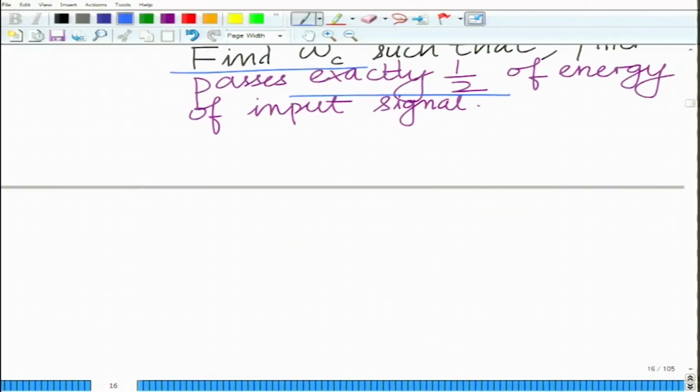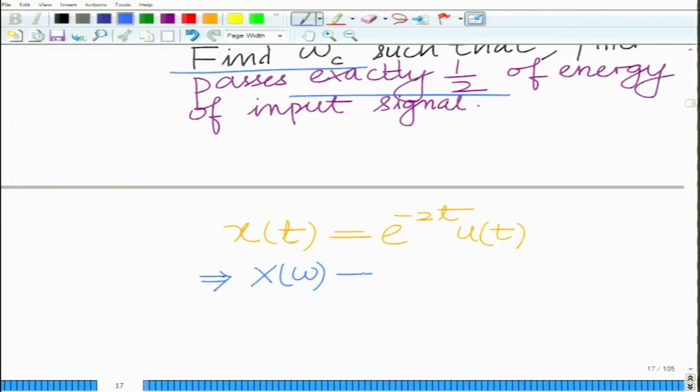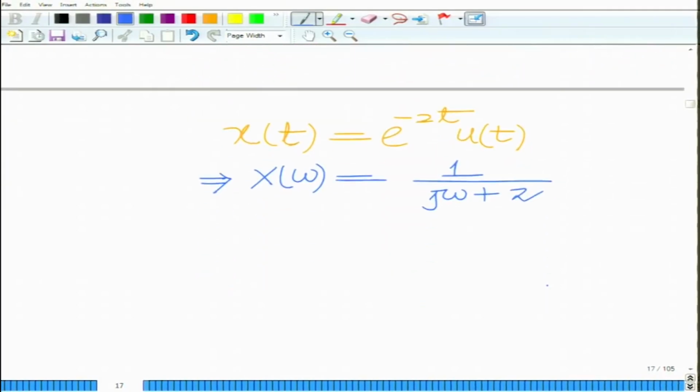First, let us use the Fourier transform approach. Note that we are given this signal x of t equals e raised to minus 2t u of t, which implies, taking the Fourier transform, X of omega of this signal is 1 over j omega plus 2. Now, we know from the theory of the Fourier transform that the output Fourier transform